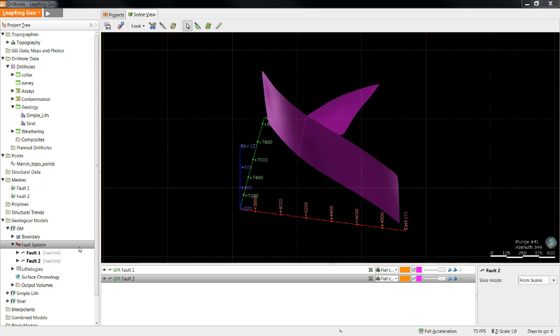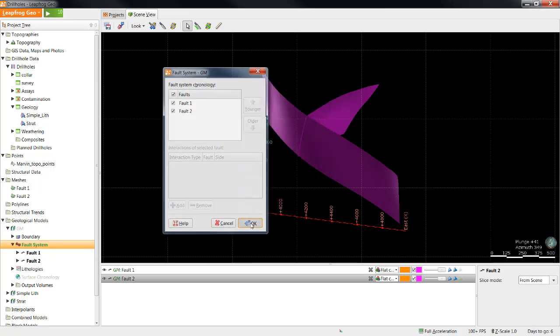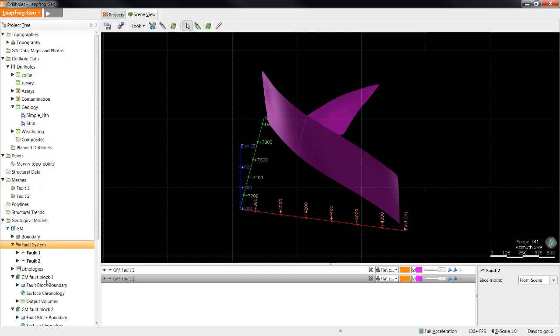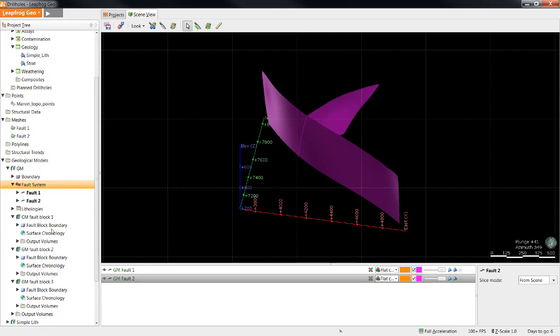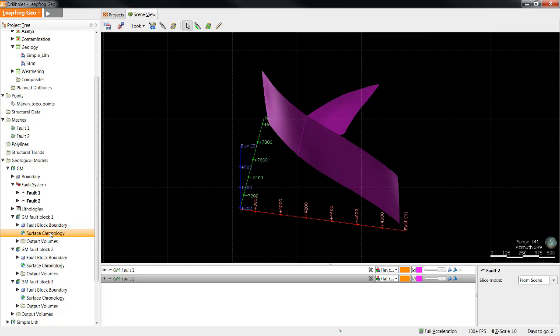Now that we've seen the faults, I'll tick the check boxes to activate them. Activating the fault will break the model into the appropriate number of fault blocks, as we can see here. Each fault block acts like its own submodel within the main model. Activating faults can be done before or after surfaces have been built up in the model using surface chronology. If a model is faulted after the surfaces have been built, the existing surfaces will be split into the respective fault blocks. And if a model is faulted before the surfaces have been built, which is true in this case,